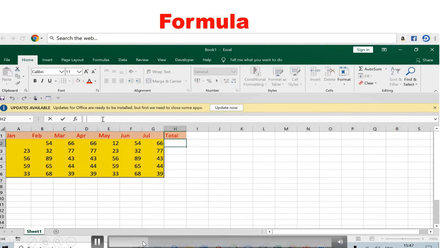One thing is you should type is equal to. A formula always begins with is equal to. Here you have to type the cell addresses. A1 plus, sorry, it is A2, not A1. Just check it.